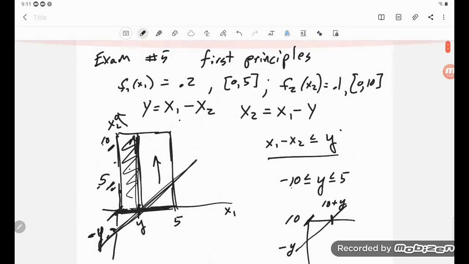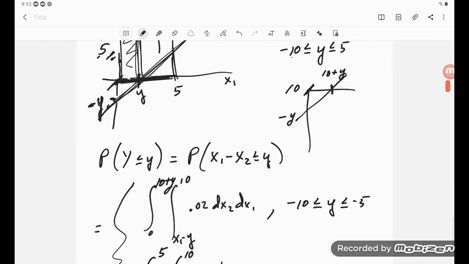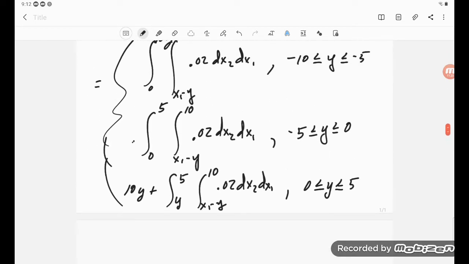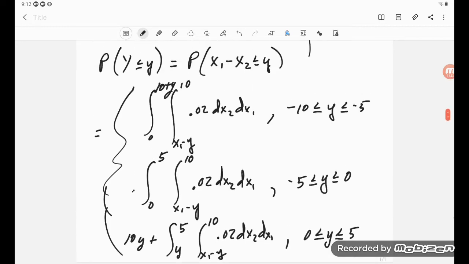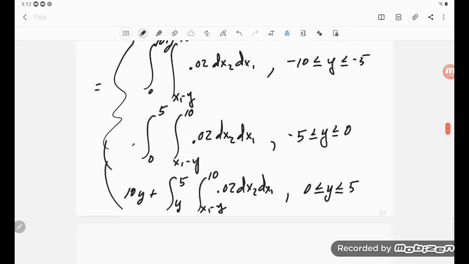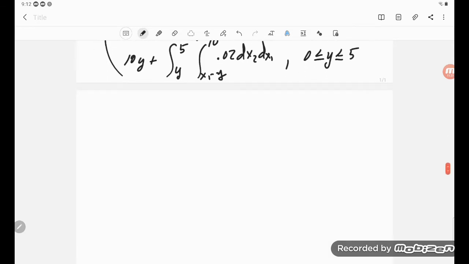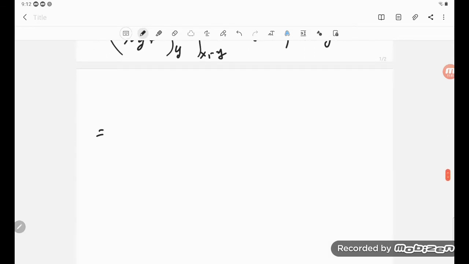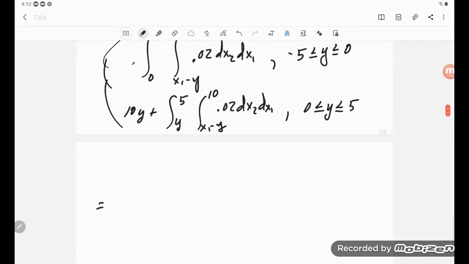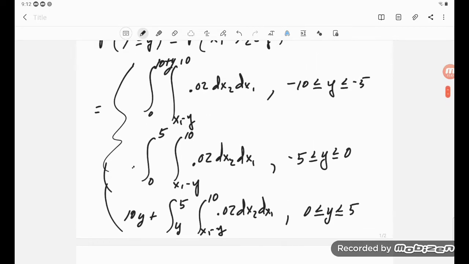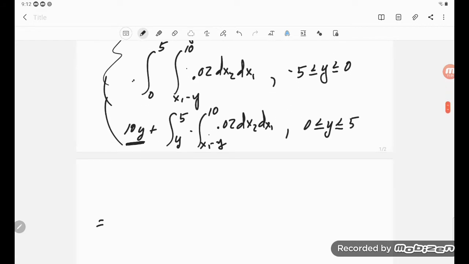Okay, so I've got my 3 integrals for each of the possibilities for y. And now the inner integral is the same every single time. So if I rewrite this, this is where you can kind of see, at least somewhat, the change of variable idea, that this inside part is the same with x minus y. Now there is a little difference out here with this third one where we added that rectangle, but